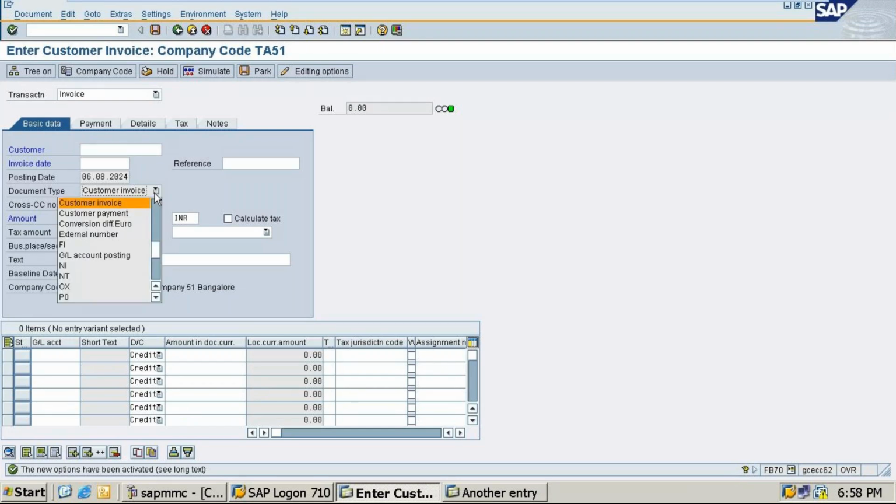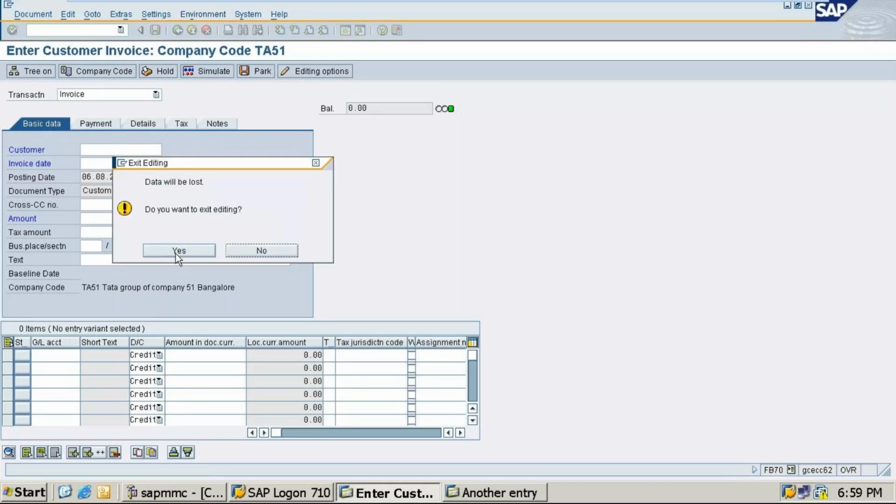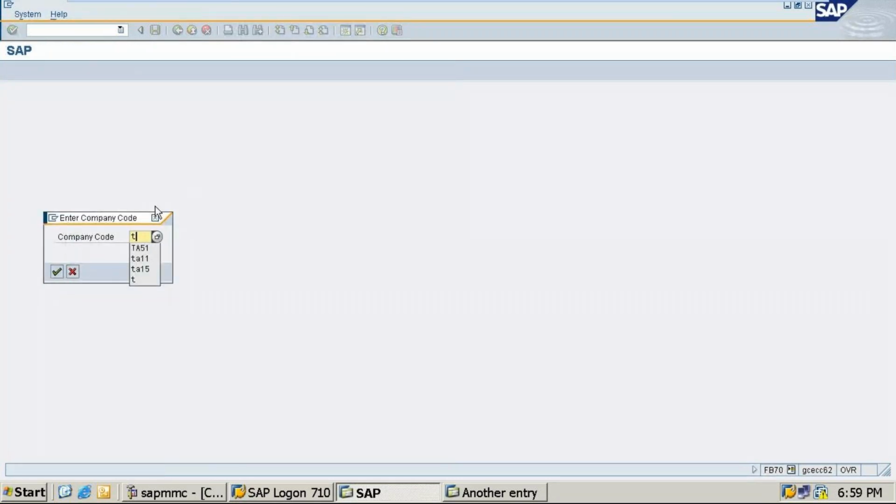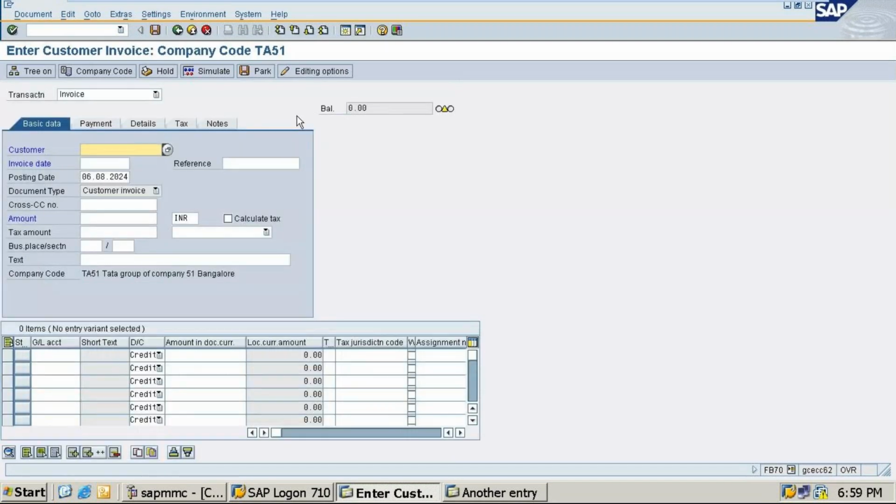Okay. If it is displayed, then it is correct. See your customer payments, all this. No need to do anything. Don't make any changes. Let it be customer invoice. Re-enter once again and check whether your customer invoice is displaying or not. Did document types come for you? Snehashri, yes, ma'am. Now you post the entries.